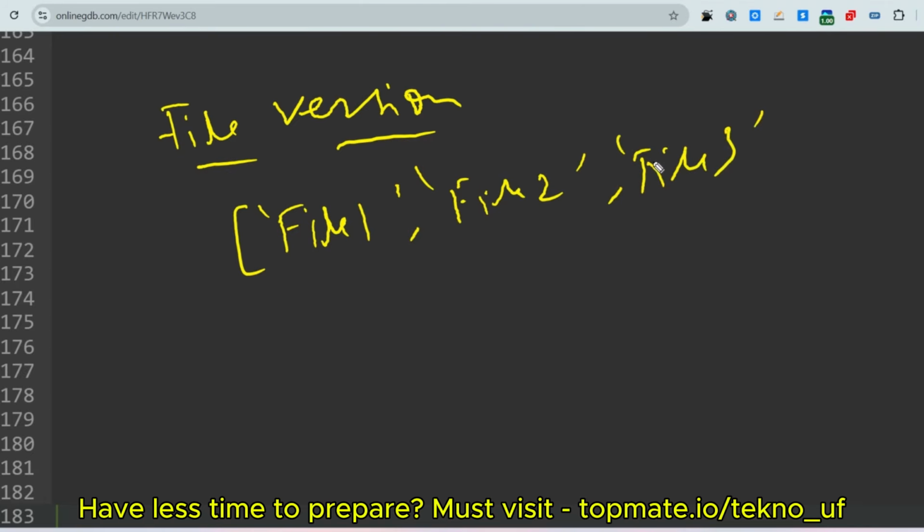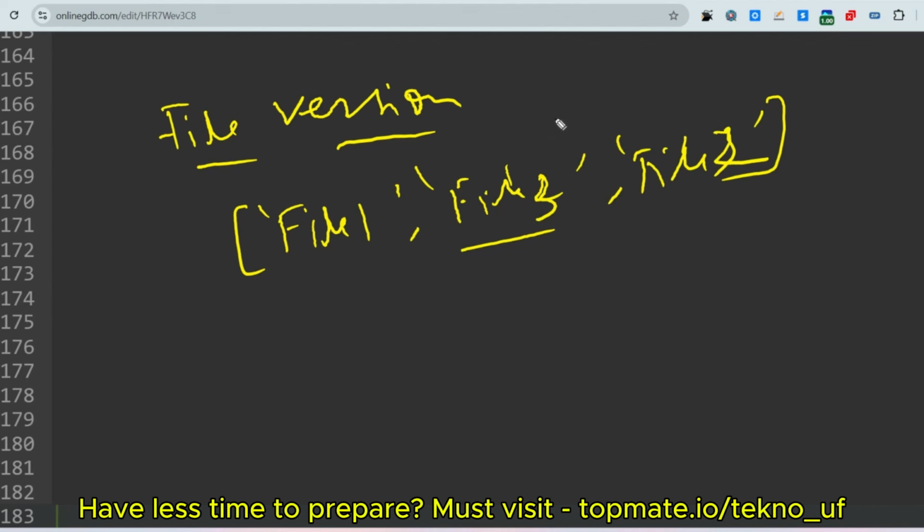So in the array you'll be having some file version names: file 1 version, file 3 version, file 2 version. So you have to calculate which one is the latest file. That means file 3 is the latest updated version, so you have to return this one.